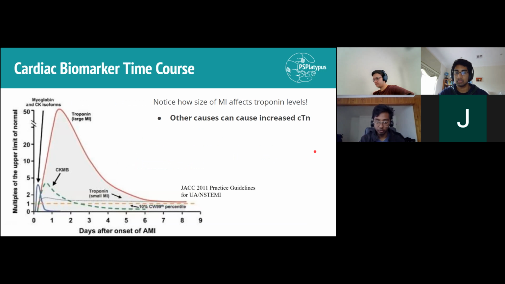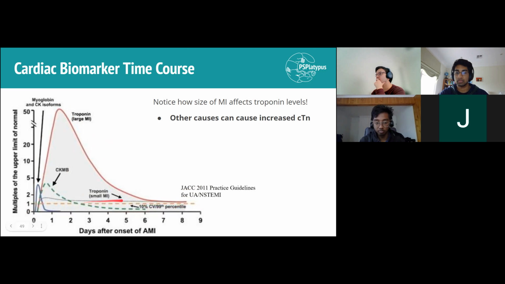This is a graph showing us the time course of these cardiac biomarkers. But what I want you guys to take out of this is the fact that different myocardial infarctions can occur to different degrees. The degree to which the infarct happens leads to the degree to which the cardiac biomarkers are released into the blood. So in a large MI, there's going to be a whole load of troponin, but in a small MI, it's also possible for there to be pretty small amounts